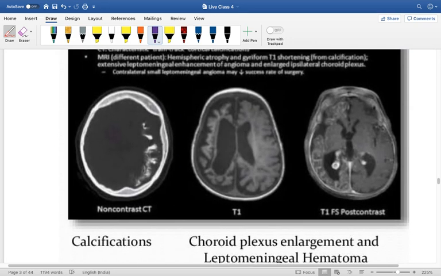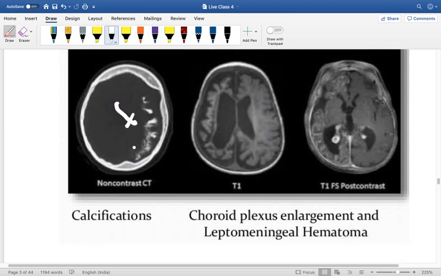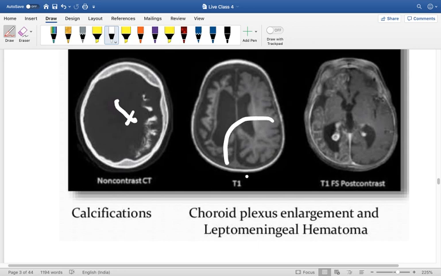Now, what can you see here, doctor? You are able to see calcification. Also, the choroid plexus has undergone enlargement. And you can see a leptomeningeal